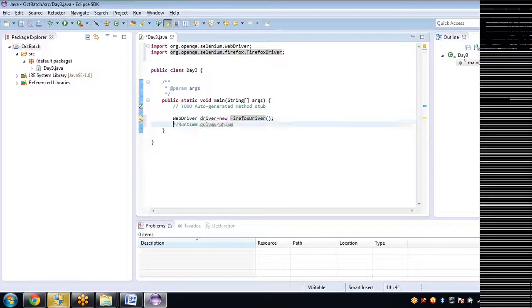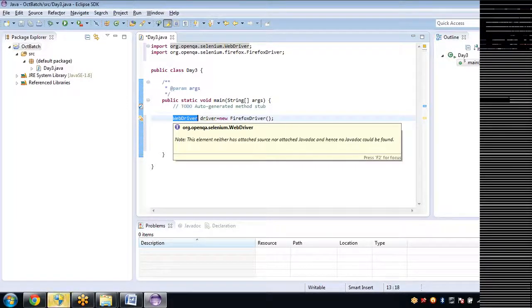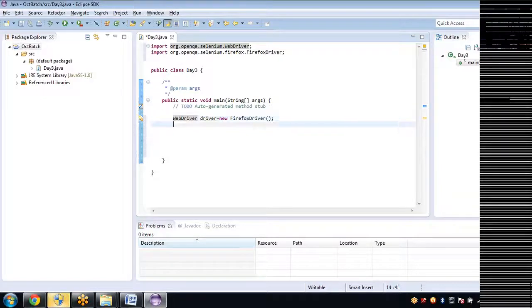Fine. Now with this driver object, we have to start the magic. Okay, now this driver has two capabilities. One, it knows that I want to automate in the Firefox browser. Now it also knows that I want to implement the WebDriver methods. Cool. Now start implementing WebDriver methods.